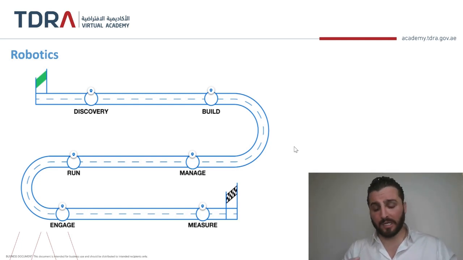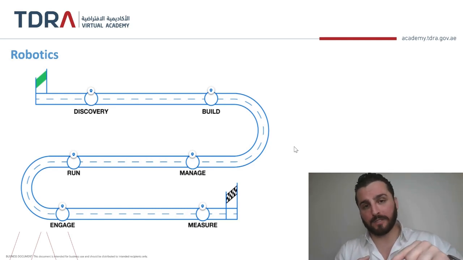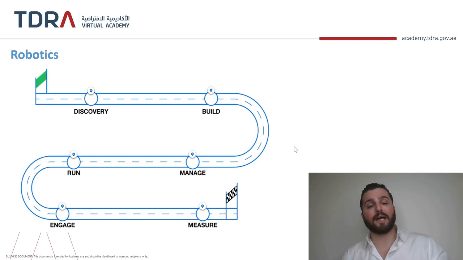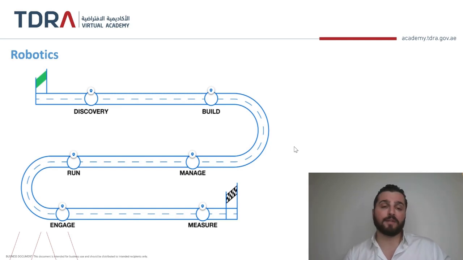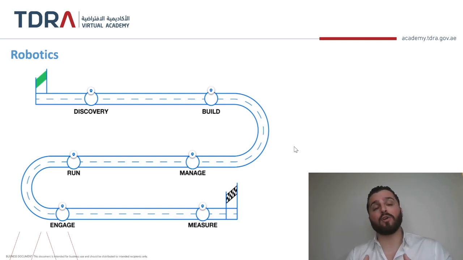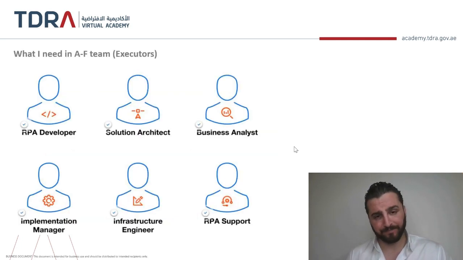The best way to do such a thing is to measure the KPIs, the critical success factors of the project, and the business process indicators. These three together will be able to draw the results and conclusion of the RPA roller coaster effect on the overall ecosystem. These are the main milestones or the main phases that we usually consider in order to implement a proper plan or an effective plan for implementing RPA in our organization or in our ecosystem.